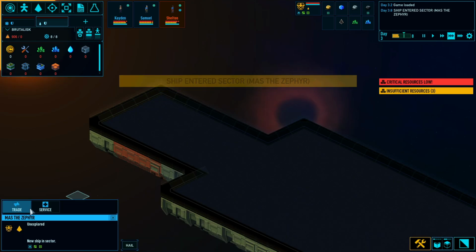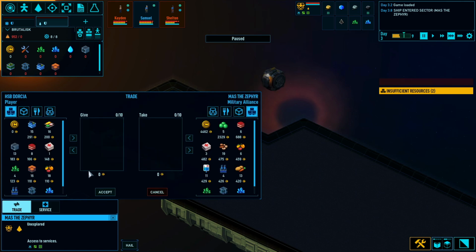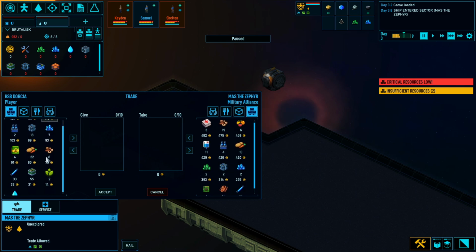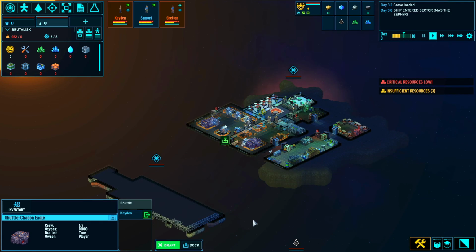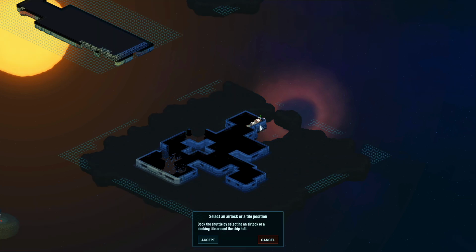Ship entered sector. Oh, they got doctors and medical beds. That's cool. Can we trade something? You got tech blocks, but you're not paying well for those, because we don't have much to sell right now. That's a bummer. Okay, Caden and Samuel, I want to draft you guys and get in there,